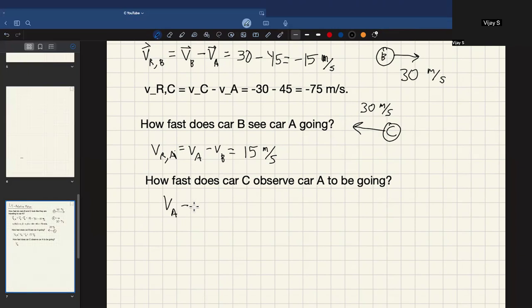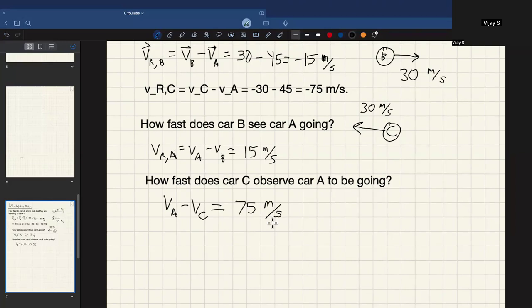VA minus VC. If you do that, what you're going to get is 45 plus 30, because C again is going at negative 30. So you're going to get a positive 75 meters per second. Now, here's the confusing part: the answers to both of our last two questions are both positive, but